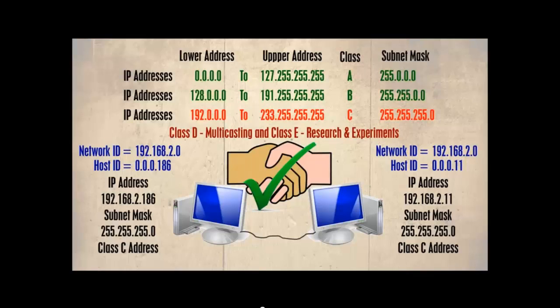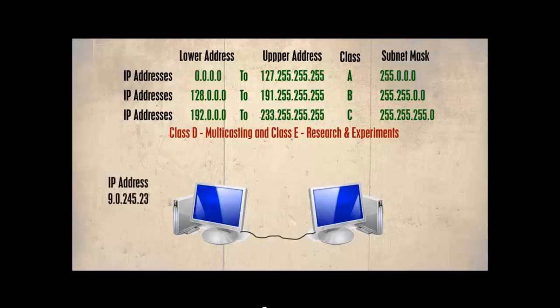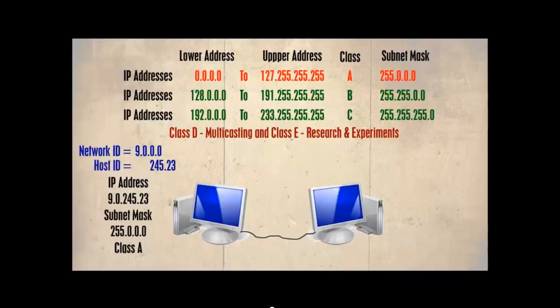Let's take a second example. This host has an IP address of 90.245.23. This falls into the Class A IP addresses, so the subnet mask is 255.0.0.0. This means only the first octet of the IP address is the network ID and the last 3 the host ID. The other host has an IP address of